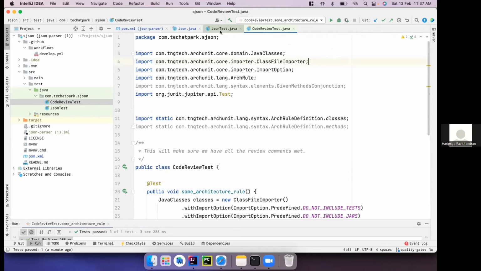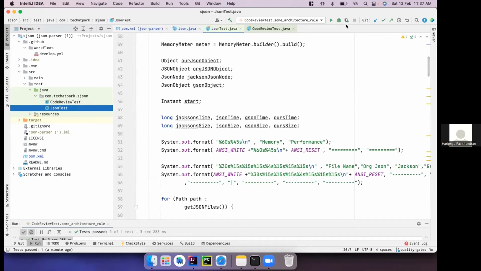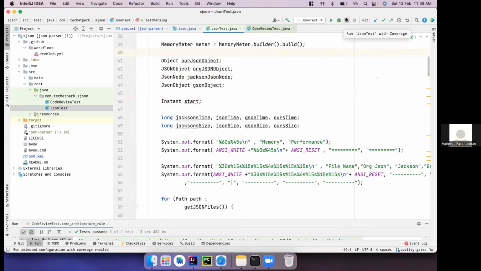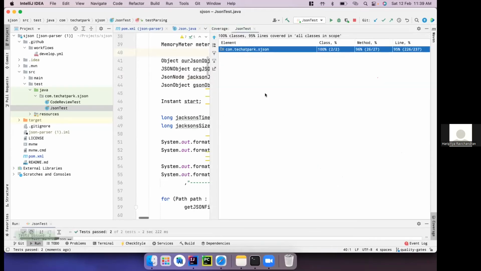So what I'm going to do is pick the JSON test file, and run our package with coverage. So this is the plugin which IntelliJ provides us. I have selected which test must go for the coverage test, and I'm running that. So here,